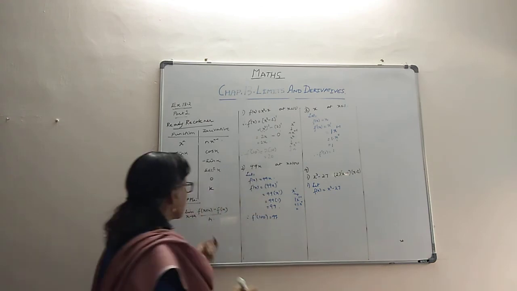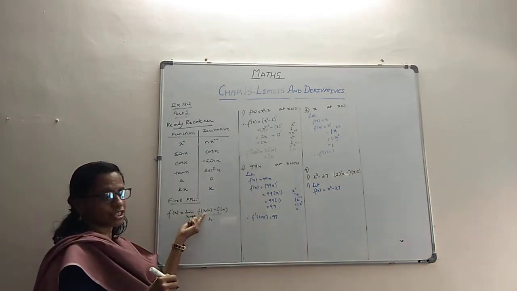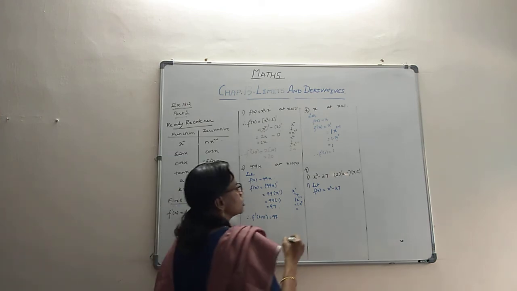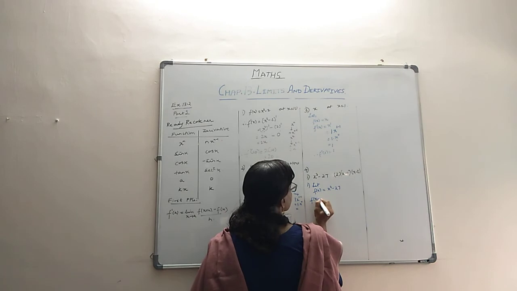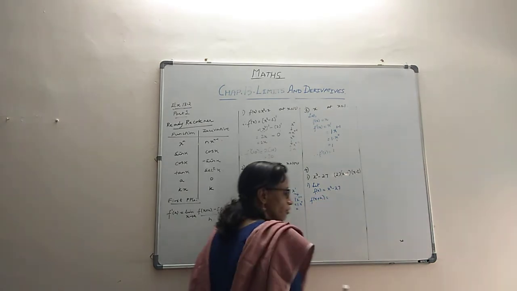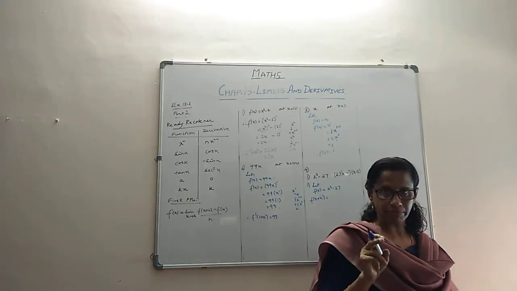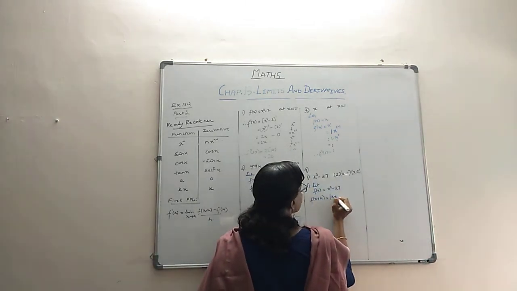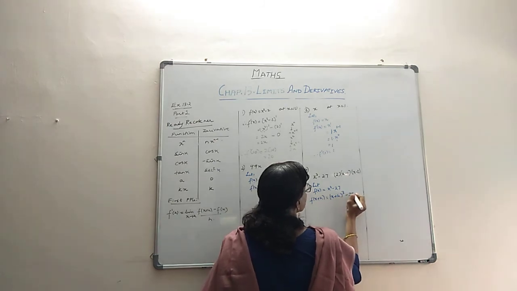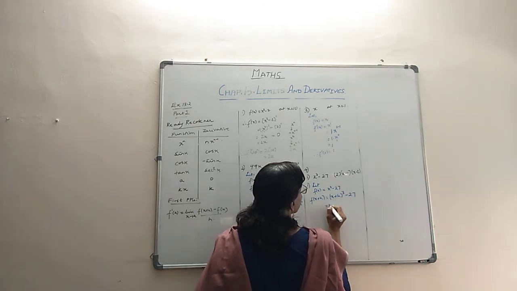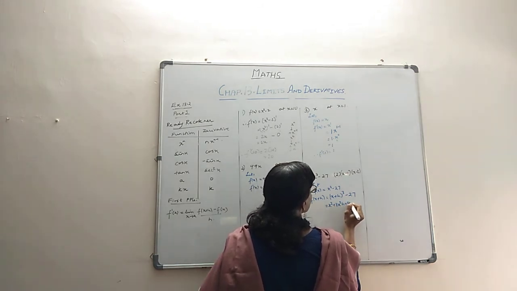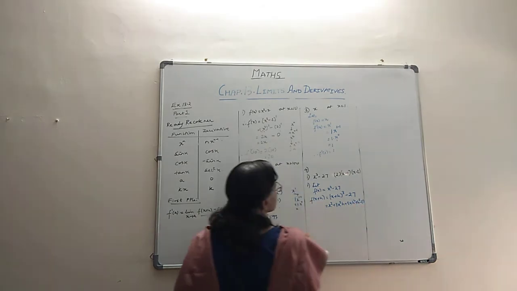Now always our next step is f of x plus h. Just check. You should get f of x, you should also get f of x plus h. Then only you are able to do the work. So always in the first principles, the next step is f of x plus h. What is the meaning of f of x plus h? Wherever x is coming, we should substitute x plus h. So here, because x is here, the x is replaced by x plus h. Now open it up. x cube plus 3x squared h plus 3xh squared plus h cube minus 27.